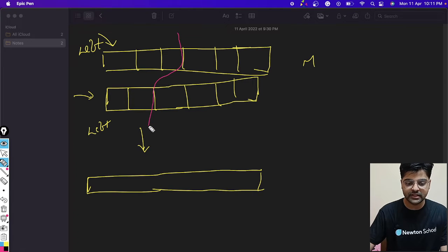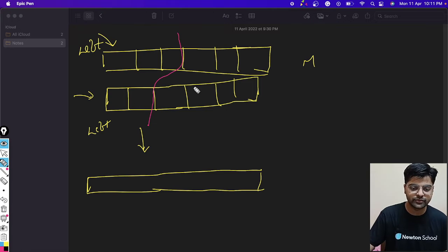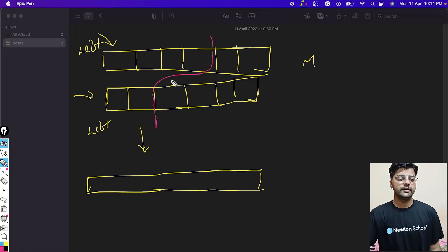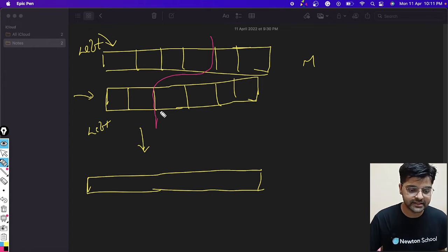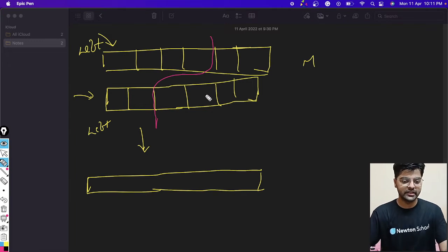I am considering a random case, it's not proper, like 3 2 5 and 4 3 7. So 6 elements will be here, 6 elements will be here, and let's say the median is the average. So 6 elements will be smaller than the median and 6 elements will be larger than the median, right?